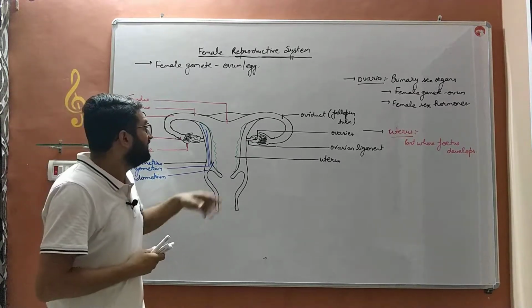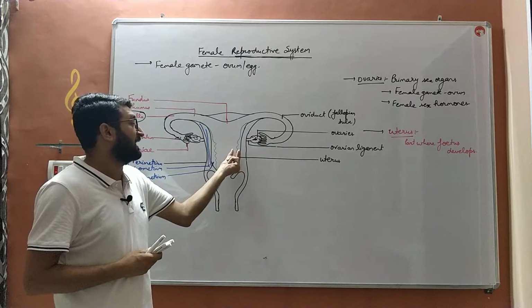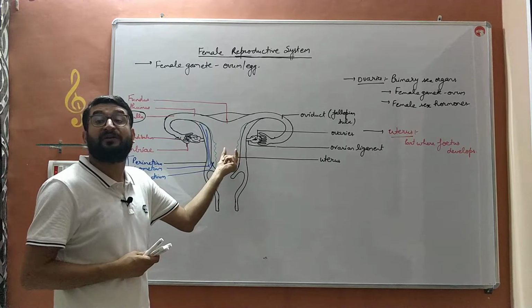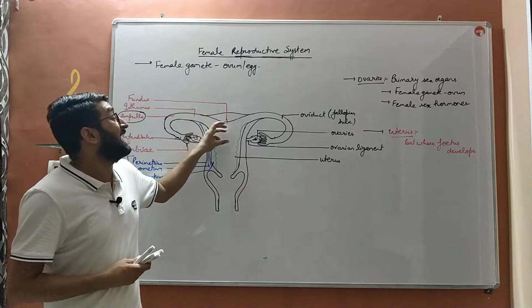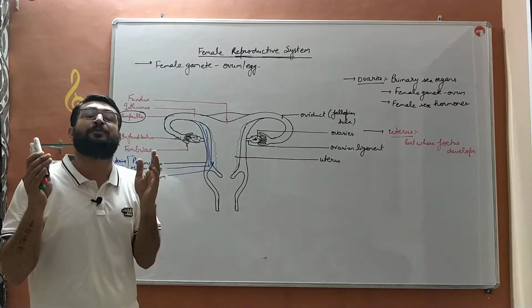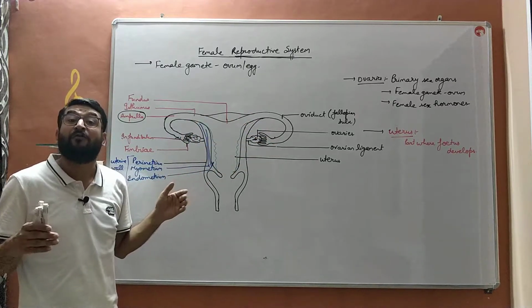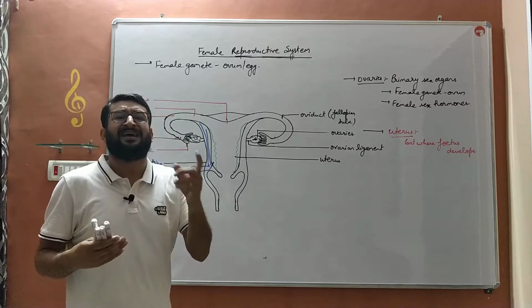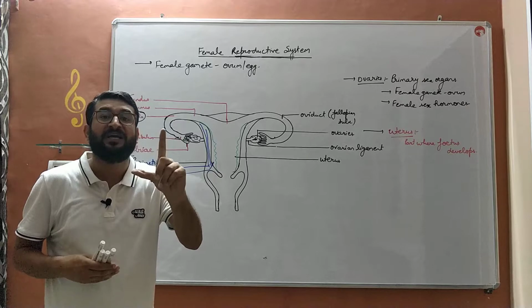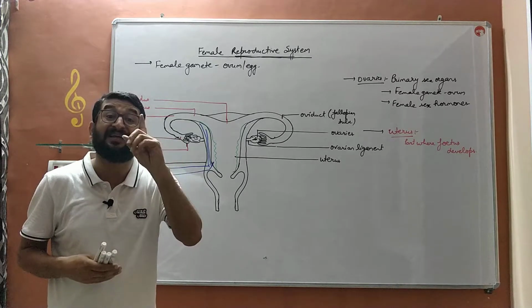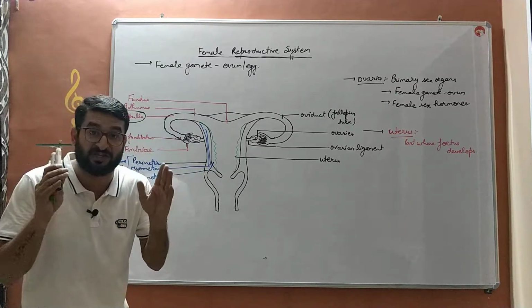When the egg is released from the ovaries into the fallopian tube, this endometrium will start to thicken. ये endometrium thick होने लगती है बच्चे. किस लिए thick होने लगती है? Whensoever an egg is released, the female reproductive system will prepare itself for fertilization. The egg will start to release in a female at the age of 11 to 12 years. But at 11 or 12 years of age, a female will not be a mother. The fertilization does not take place.